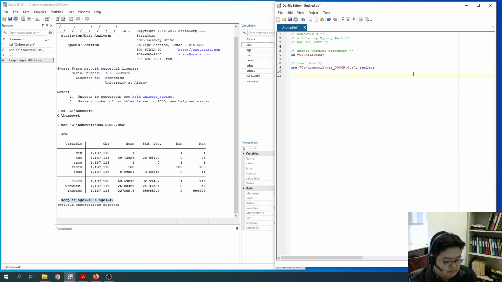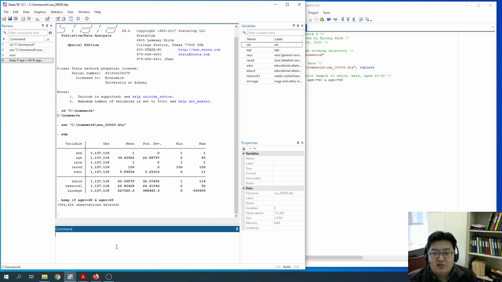And we are going to copy this. Restrict data sample to white male aged 40 to 49. Right? And then we are ready to